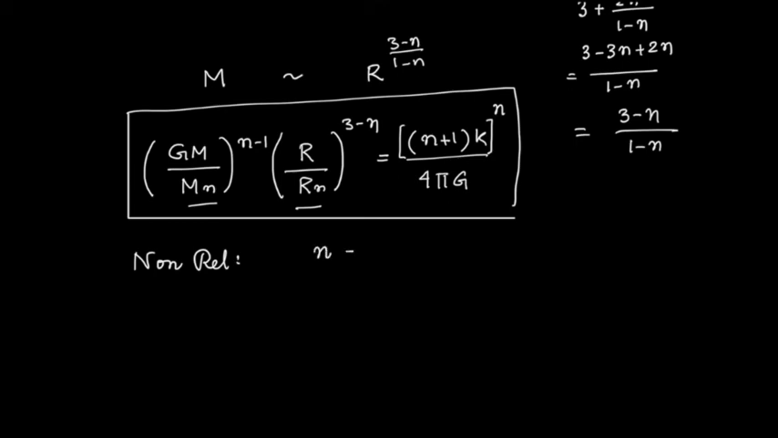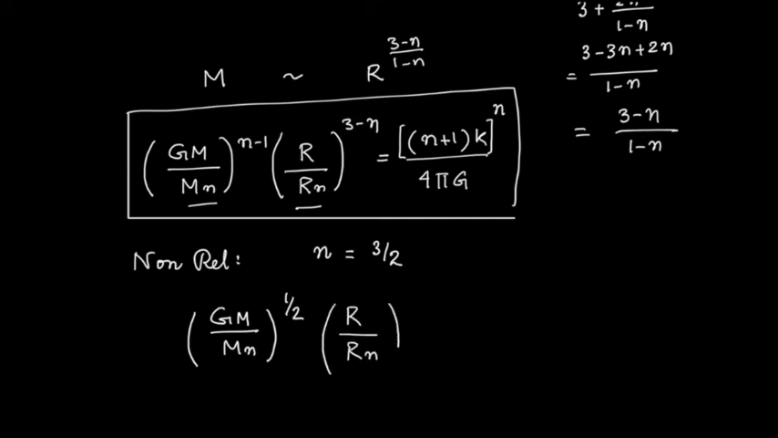Non-relativistic case, what is the value of n? n is 3 by 2. So GM by Mn to the power 3 by 2 minus 1, which is half, is R by Rn to the power 3 minus 3 by 2, which is 3 by 2 itself, equals